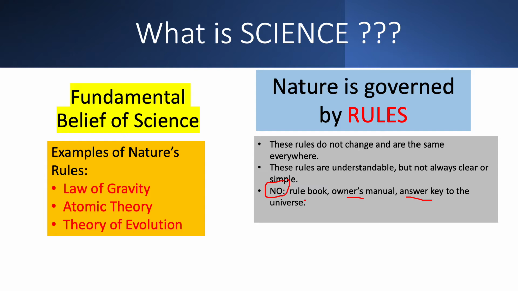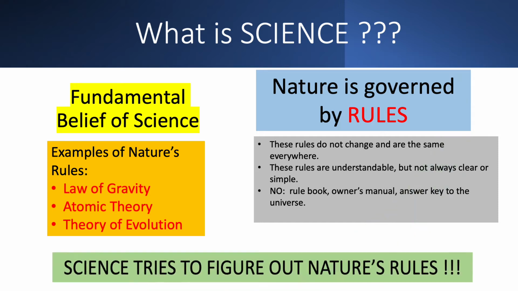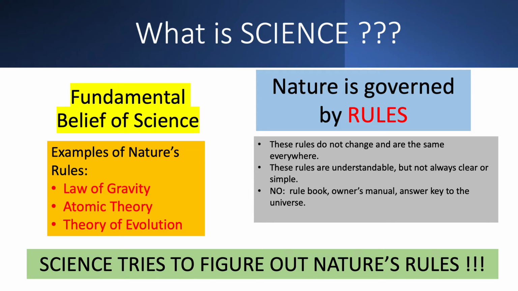So we're going to talk a little bit about how we deal with that idea, all right? So in a nutshell, here's basically what's happening. Science tries to figure out nature's rules. You might circle or highlight that a little bit there with your markers. Nature's got rules. Science's job is to figure out what they are, perhaps. Basically, when you read a science book or you listen to a science lecture or you go to a science museum or whatever, you're just learning the rules that people have learned in the past. And trust me, there's a lot of rules left to learn here.